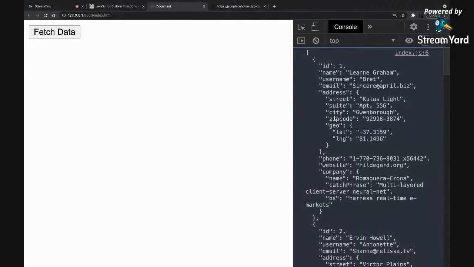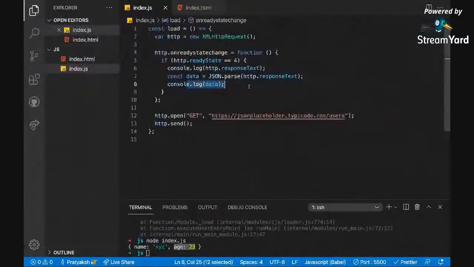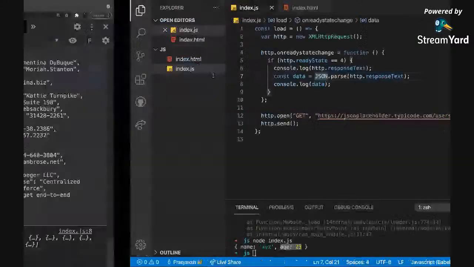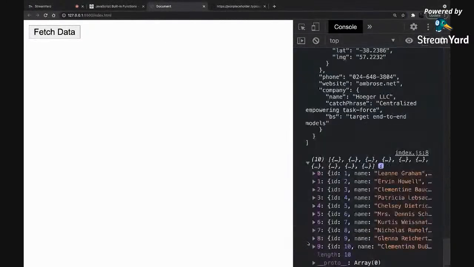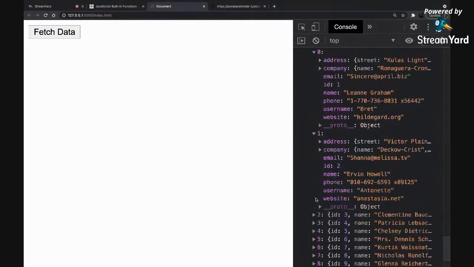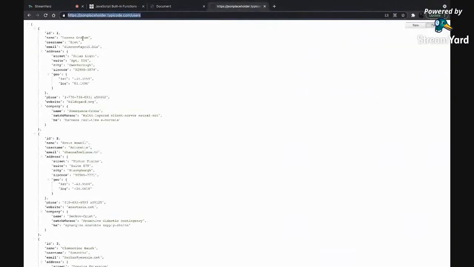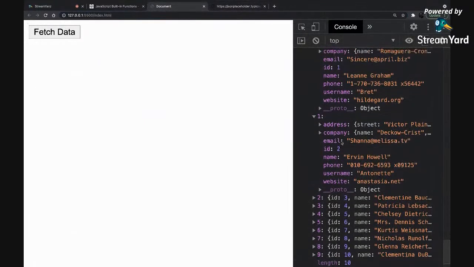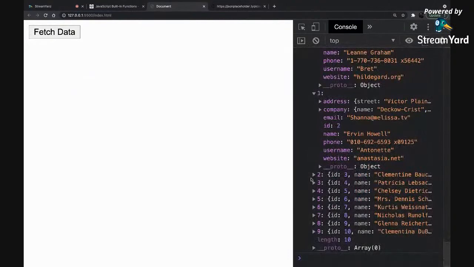So we tell it that okay, the data you are seeing is actually of an object type. It's a string, but it contains an object. So just pass it into a JSON object, and now we have our data. See, we have all of this, what we were seeing online, that ID one, name, username, Brett, and everything. We have all of that over here.